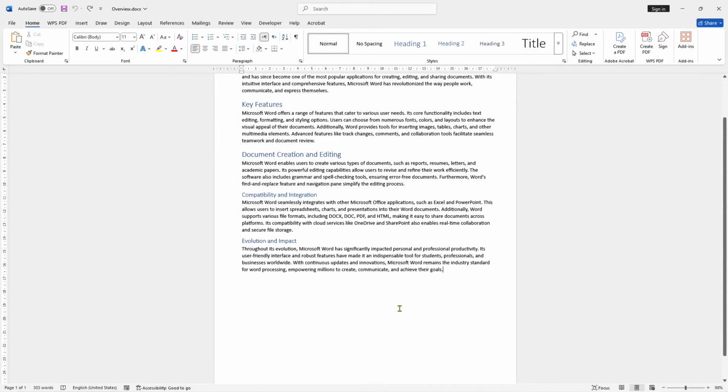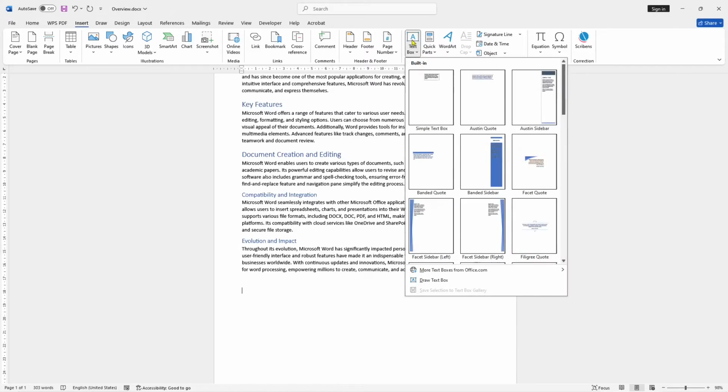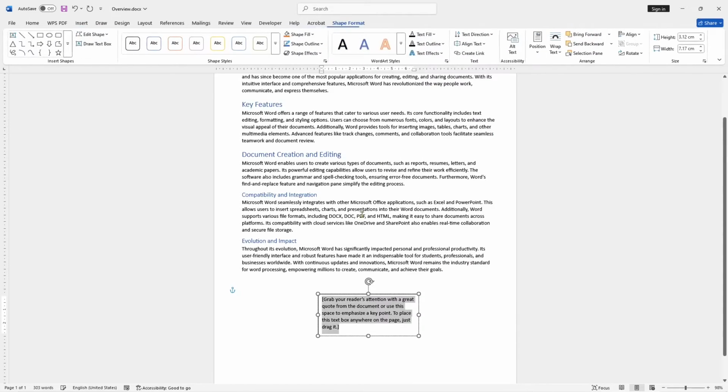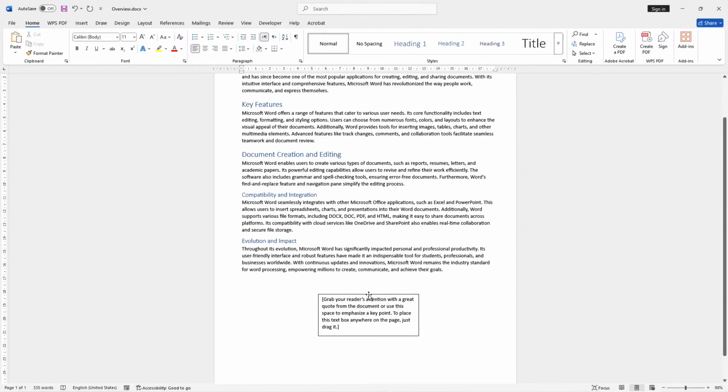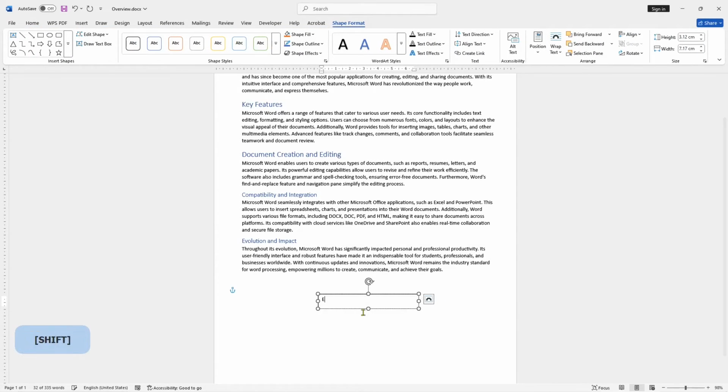As an example, I will create a text box. You can go to Insert and then click Text Box. Use the simple default text box by clicking here, and then the text box will be shown. If you want to edit it, you can select it, and I will set it like an example